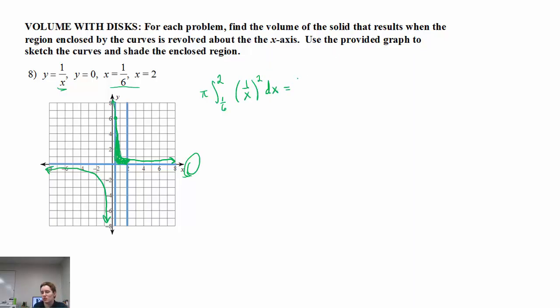So 1 over x, when you square it, is just 1 over x squared, and so we will need to think about that like it's x to the -2, so that when we add a power and divide, we get x to the -1 over -1, which ends up giving us, when we simplify, -1 over x. That's what we're going to plug 2 and 1/6 in to. You don't actually have to move the x down to the bottom if you're plugging it into the calculator, as long as you plug it in correctly. This is -1/2 minus a negative. So that will cancel actually and give you plus. So this ends up being